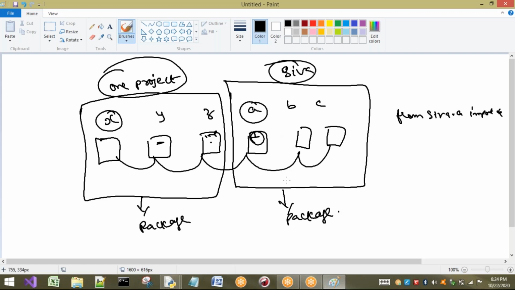So we can say a package is a group of related entities, or related modules. Each package contains a group of modules. Here this is one package, and this is one package. Now let us discuss the concept of packages.